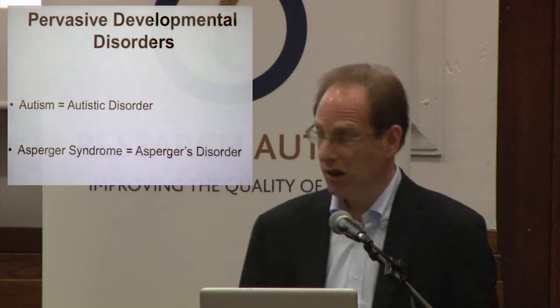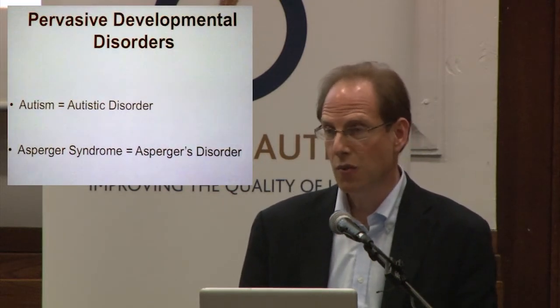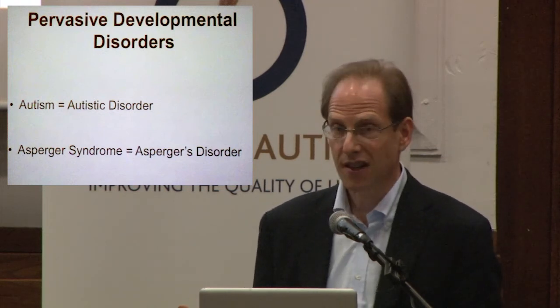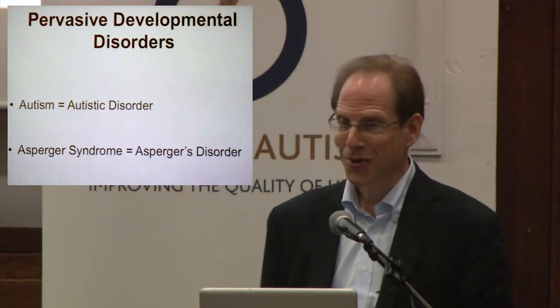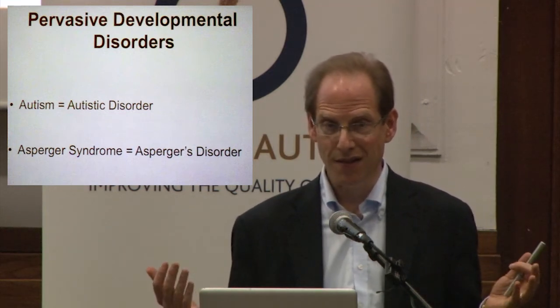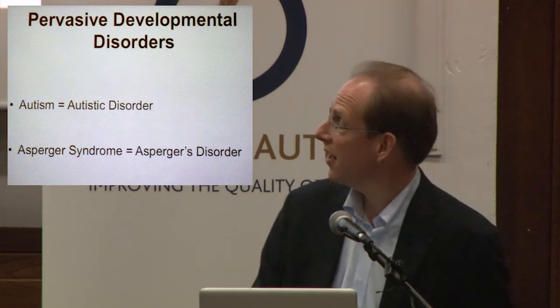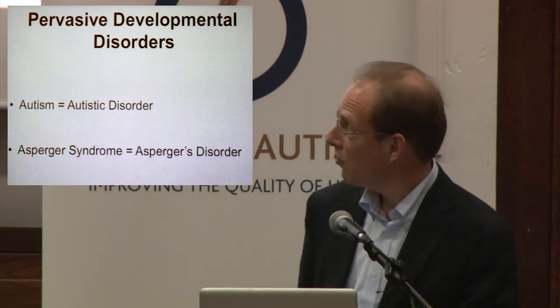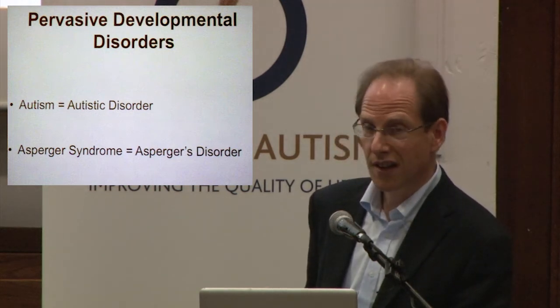And if we go to the current version of DSM-4, we have this category called pervasive developmental disorder. This is where the autism spectrum is meant to sit. I don't really like the term pervasive developmental disorder either, because I don't think it's pervasive, but that's the way DSM classifies things. And what we used to call autism, and that's basically what Kanner called it in the 1940s,